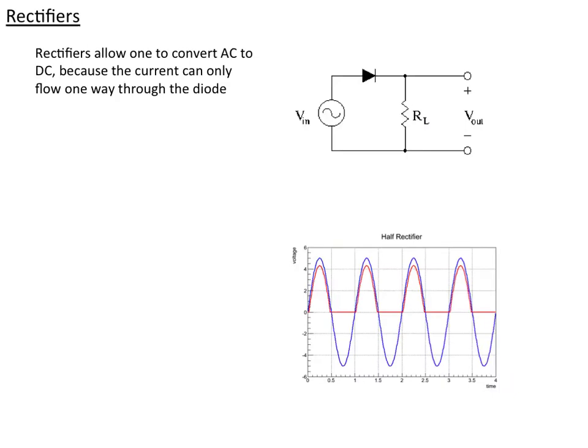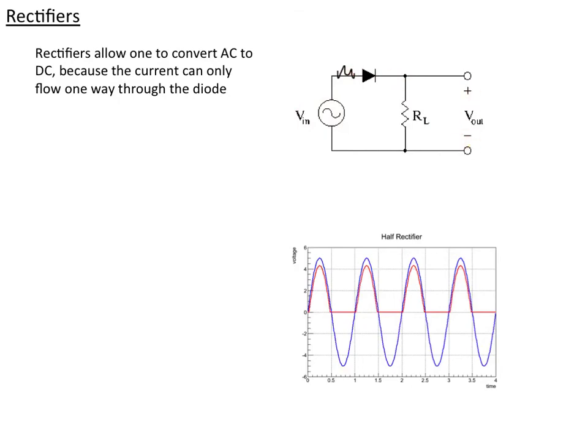Okay, so that brings us to rectifiers. Rectifiers are what we use to convert AC current to DC current because the current can only flow one way through the diode. And to really be accurate here, I should always put in a current limiting resistor. So imagine here I have an AC voltage source, so the voltage is going to change. Here I've drawn it going from plus or minus 5 volts, that's the blue line, with a frequency of 1 hertz. And when the voltage is positive, I can have current flowing around through the load resistor,